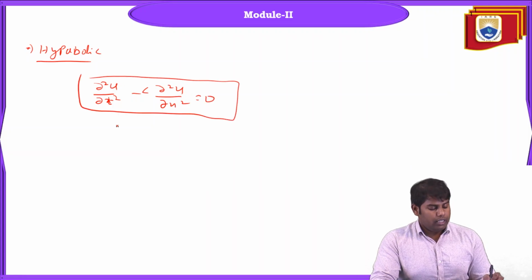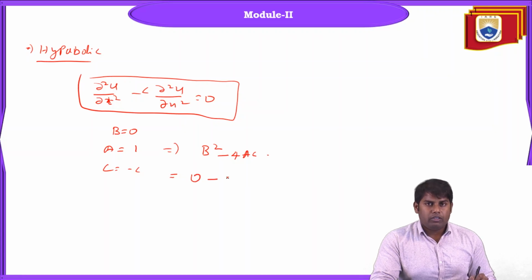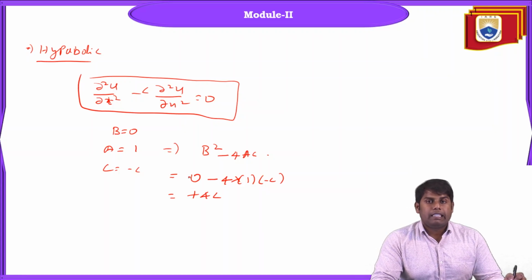So here, the b value is 0, the a value is 1, and the c value is minus c. So therefore, b square minus 4ac, which is 0 minus 4 into 1 into minus c, which comes as plus 4c. Okay, so therefore this is the hyperbolic nature, where you can see that the roots are real and